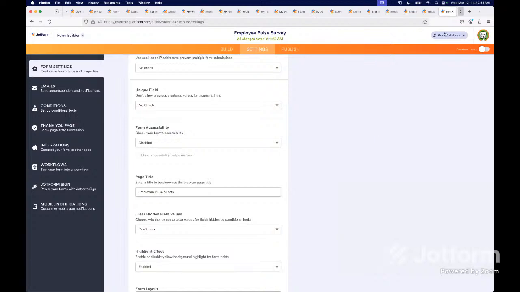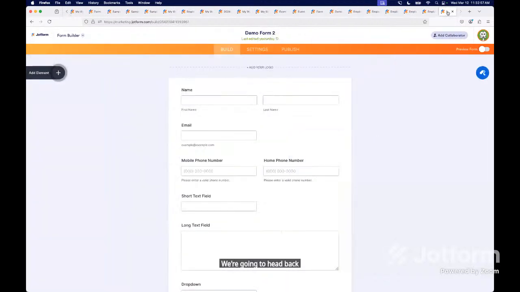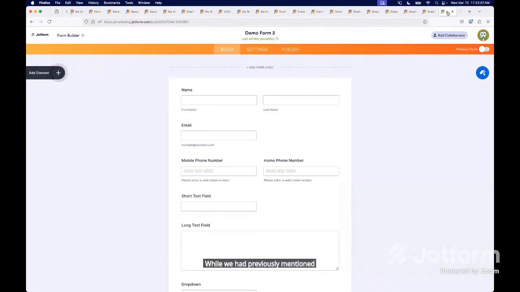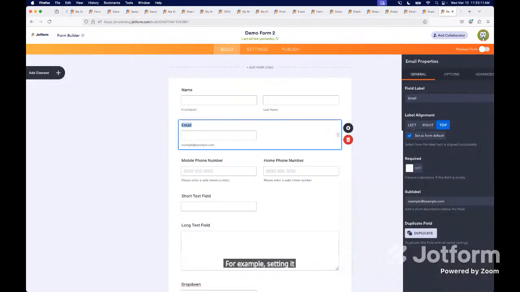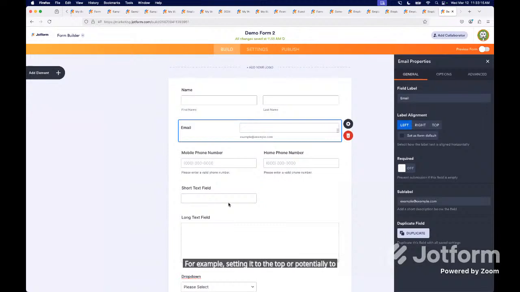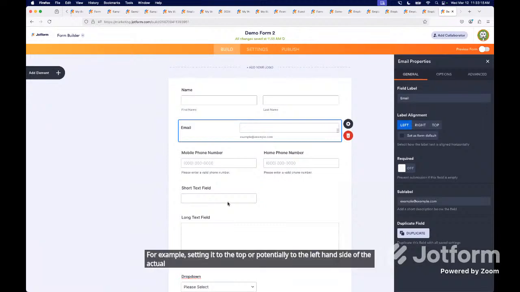We're going to head back to our form builder to discuss the final piece that I'll be going over today, which is the layout of our form's prompts. While we had previously mentioned the ability to adjust the label, for example, setting it to the top or potentially to the left-hand side of the actual fillable prompt box,